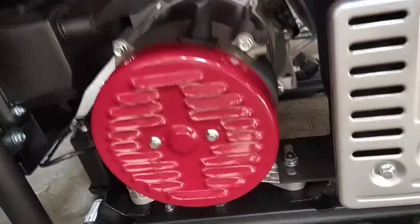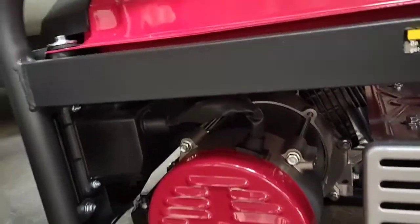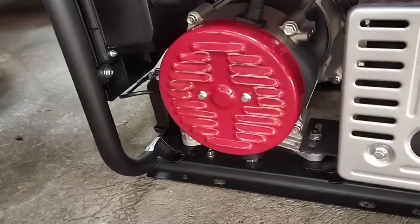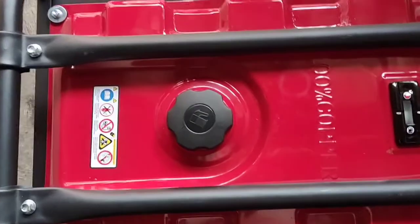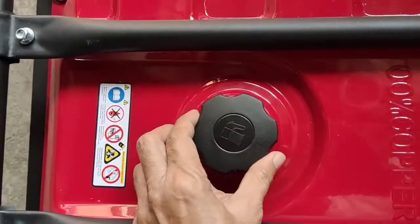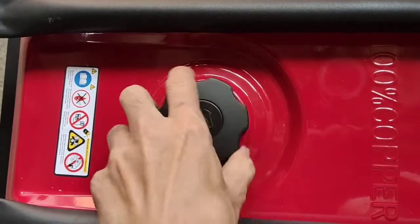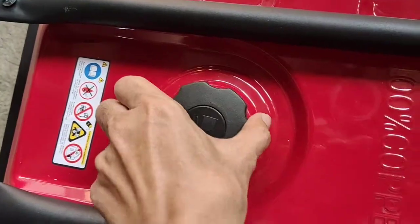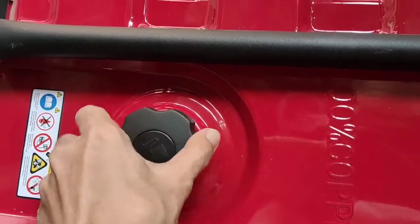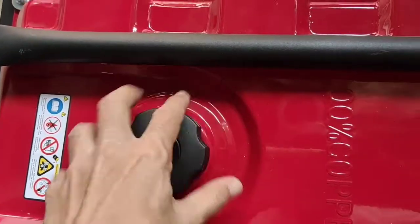So the rated output is of course lower than 2800 kilowatt, because that's the input power. This is 3800 kilowatt. Here we have the tank. We can see it's still empty, and this fuel tank has also, at the right side,